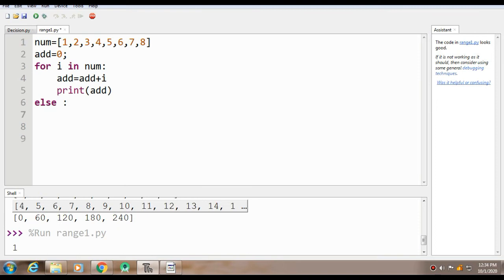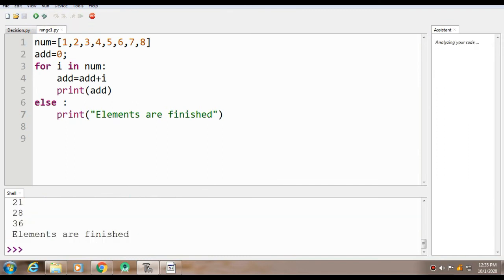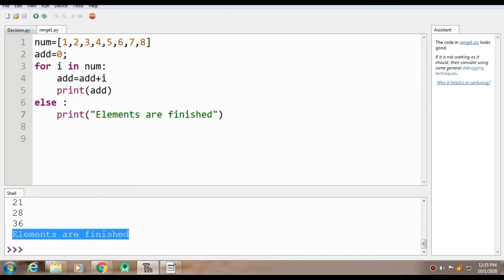So simply I'll print over here, okay, there's some mistake, so I'll simply print over here, elements are finished. Okay, so we'll save it, we'll execute it. After all the execution, it says elements are finished.